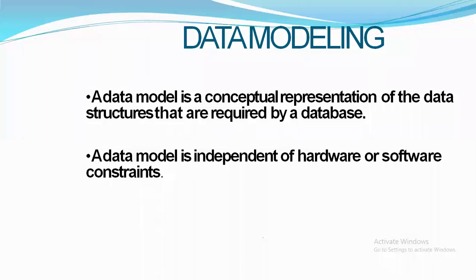We are representing data in the form of trees or graphs or tables. The way you are representing the data is called a data model. A data model represents the method, the way to represent the data, whether the data is represented in the form of trees, in the form of objects, or in the form of tables. The way we are representing the data is what we call a data model.